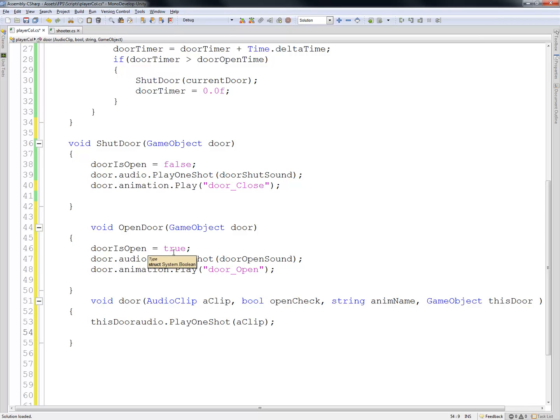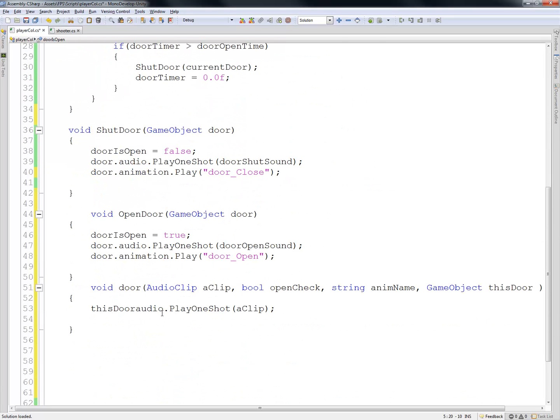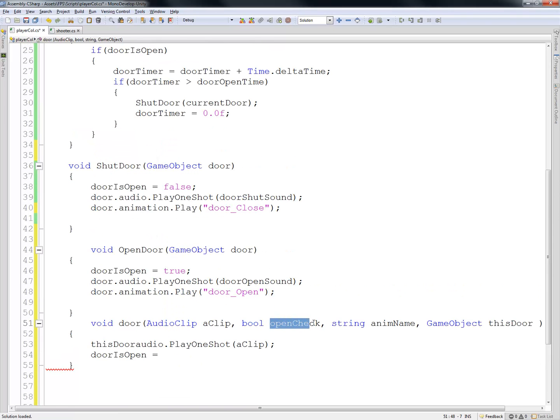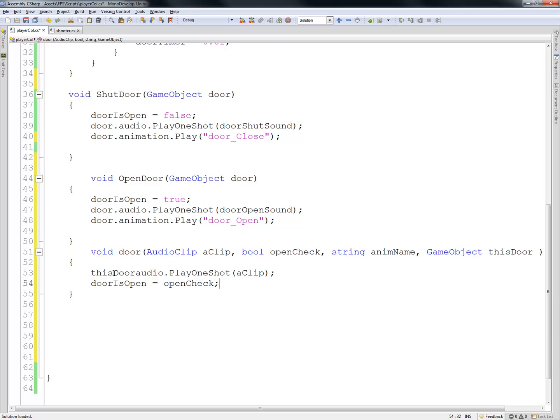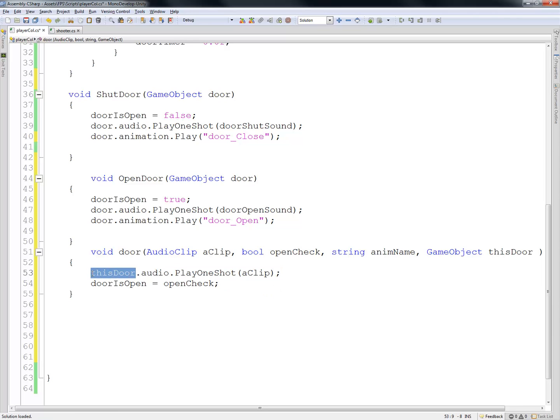we're going to set the door open to just check if it is open. So remember, we have a door is open function up here. Where's that at? Here it is, door is open, so we can copy that. We can paste it here, and I'm just going to set it equal to open check. Alright, and then let's make sure there's a period here. There we go. Alright, so let's do this door,